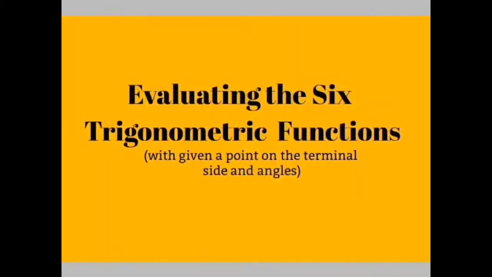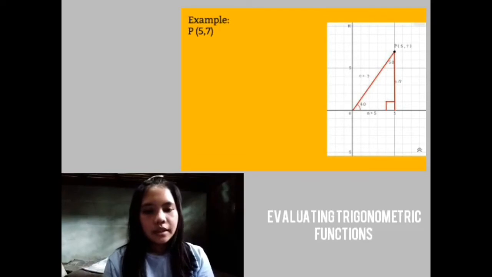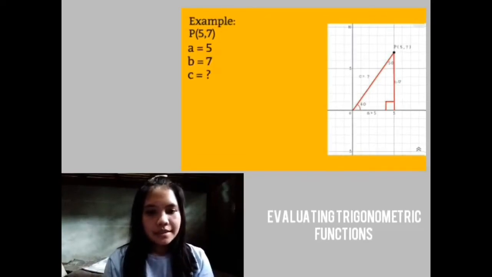Evaluating the six trigonometric functions given a point on the terminal side of an angle. Example: in point (5, 7), since a and b are already given, where a equals 5 and